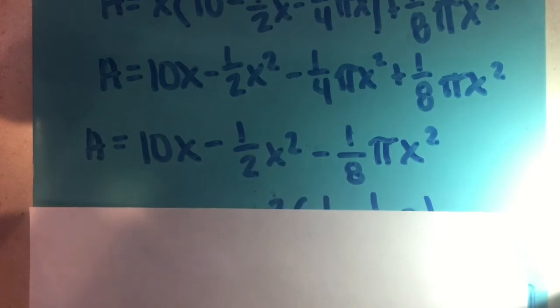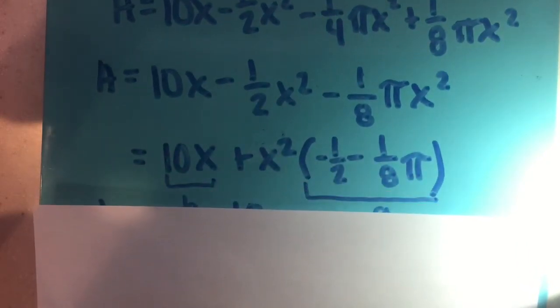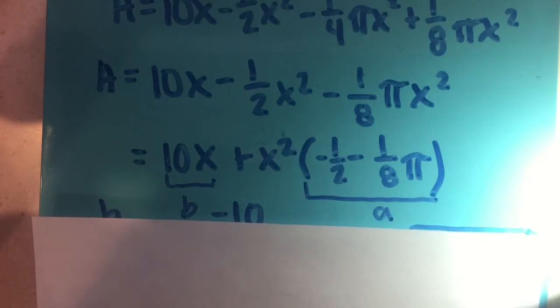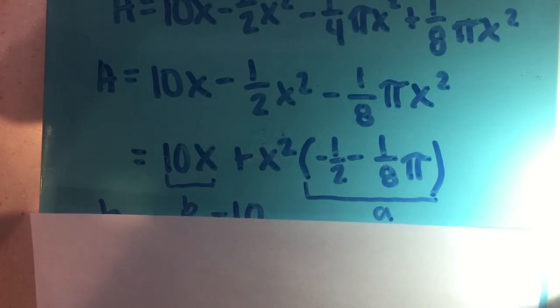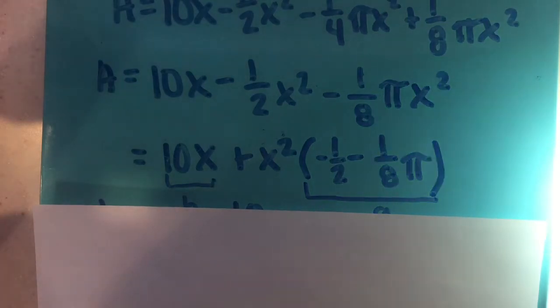And since we're trying to maximize the area of the window, we need to find the highest point of the parabola. And by doing that, we need to find the vertex of it. But first, we need to pull out an x squared out of the last two terms, which is going to give us the equation 10x plus x squared times negative 1/2 minus 1/8 pi. And